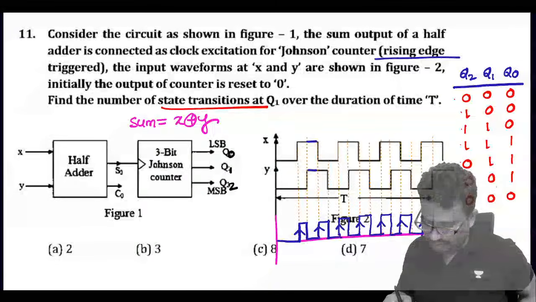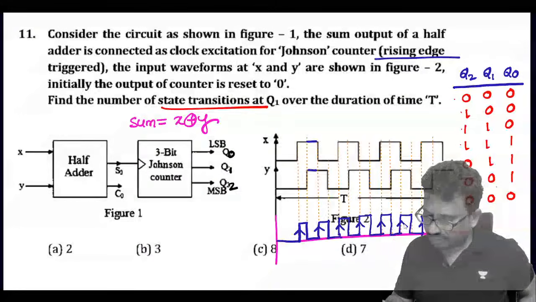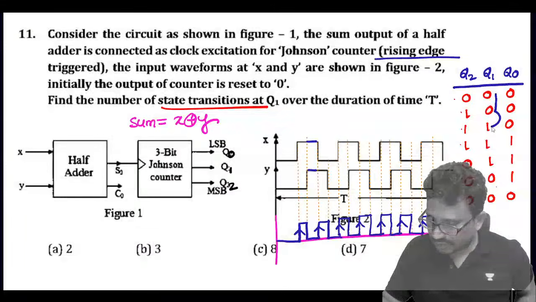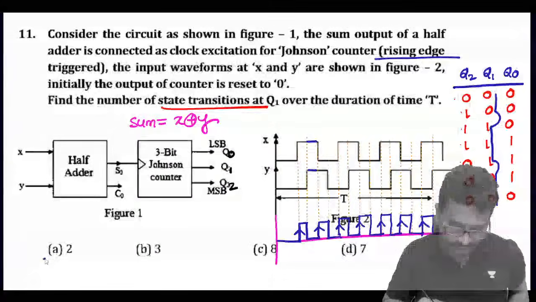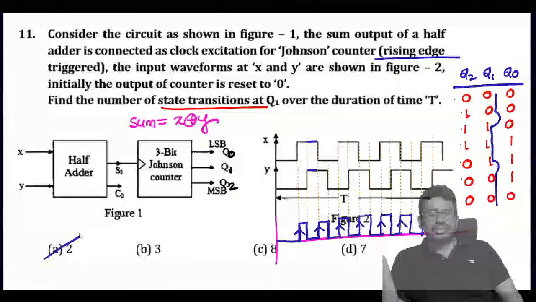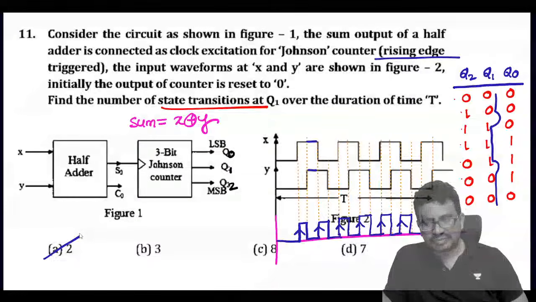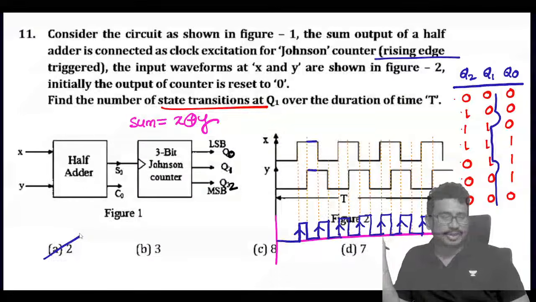So tell me how many transitions are there. Look at the changes here. Initially up to here this is 1, and here we have one transition. Again here the same thing, here we have another transition. So how many transitions? You can see the changes, like the number of sign changes in control systems. Same thing, the number of state transitions we need to see here is equal to 2.